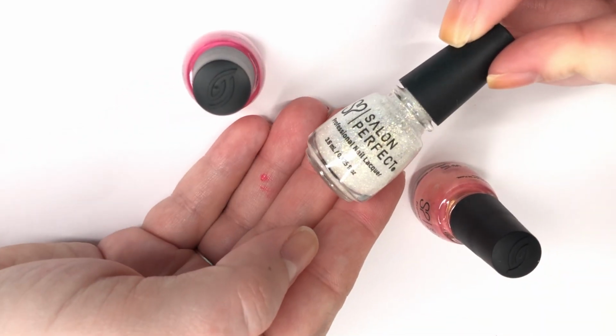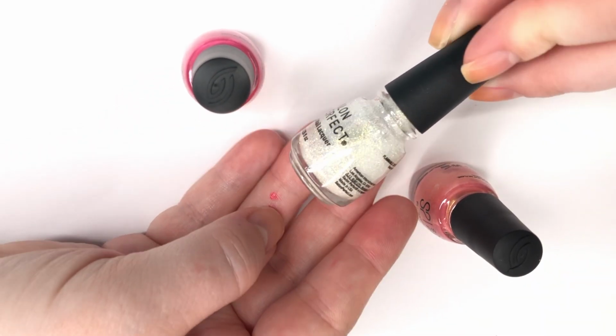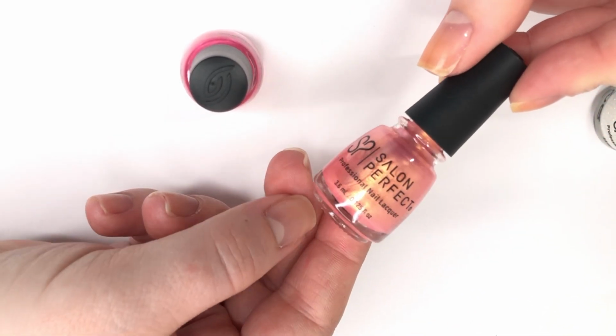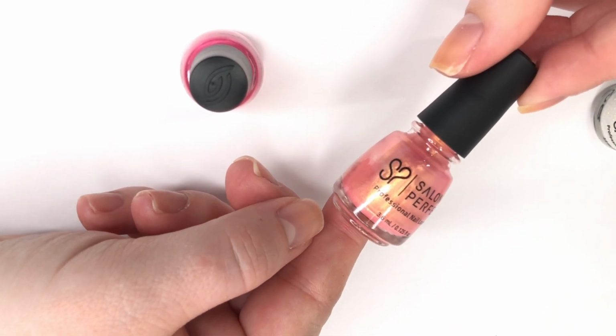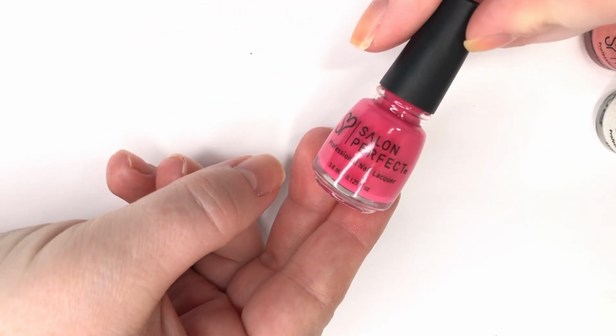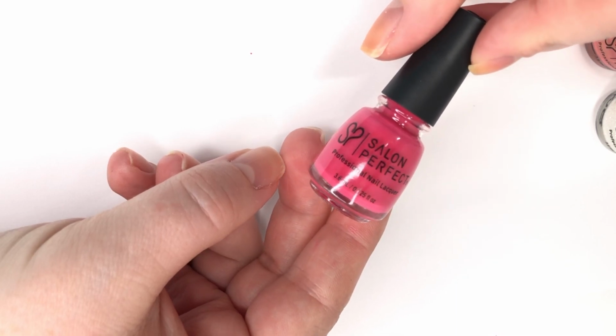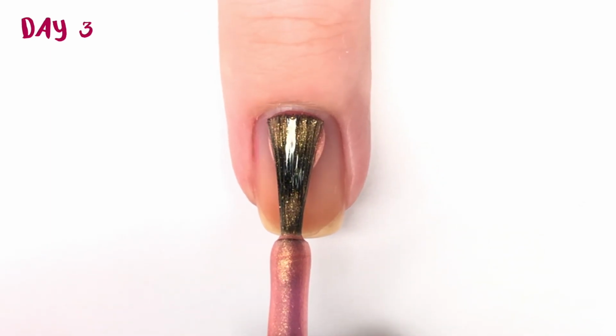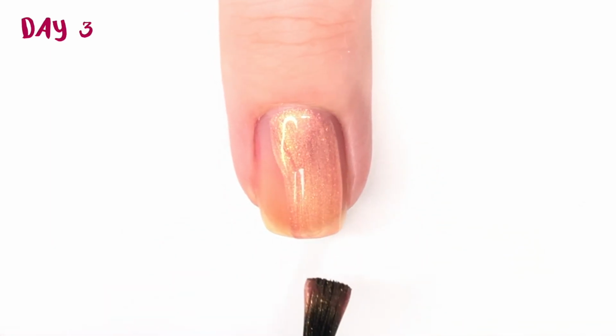So first up, there is a glitter in this set and it's called She's a Star, a very white base with a gold yellowy green tone to it. Then we have this really pretty shimmer that is called Pucker'n Peach, and then lastly we have a really nice pink shade called Pink Powerhouse. So we are going to utilize these shades for this manicure, and first off I'm going to start with a